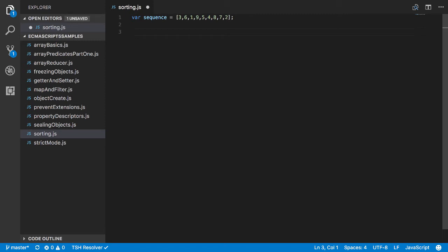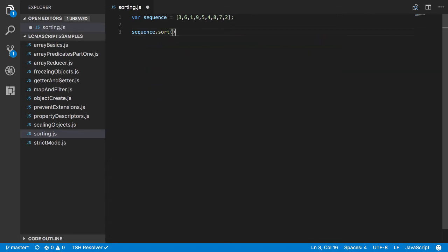Well, in ECMAScript 3 and below, we used to have to try and sort this ourselves. We would create an array that would store a new set of items, and then we'd manage for each item which one was lower, which one was higher, where would we insert it, where would we push it, all that kind of stuff. But with ECMAScript 5, we don't need to do any of that. We can literally just go